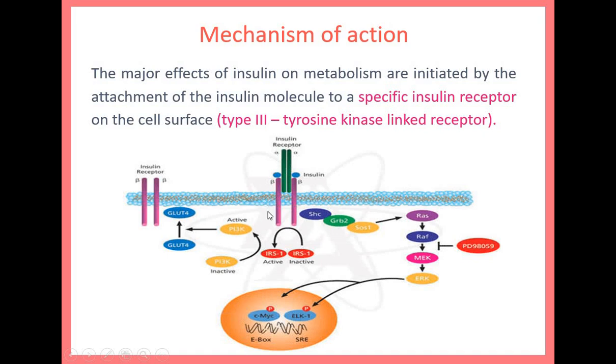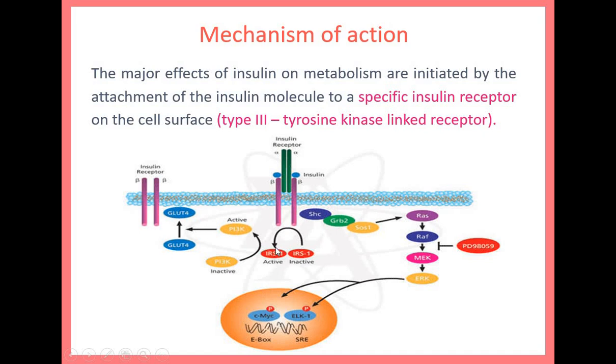You don't need to go into the details of the structure, but try to learn what I'm showing here. You can see that these are 2 subunits, alpha and beta, and here is where your insulin is binding. Once insulin binds, it leads to activation of a receptor substrate, called the insulin receptor substrate. They are already present in the cytoplasm, but with binding of insulin, they get converted to the active stage.